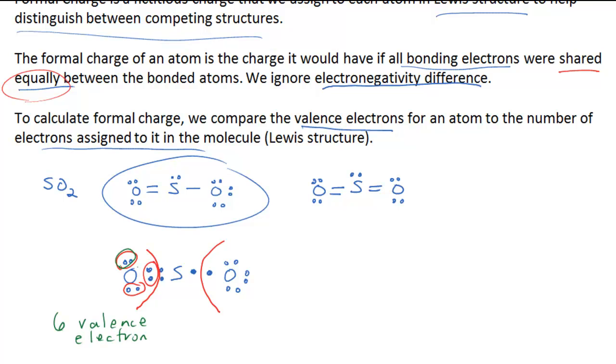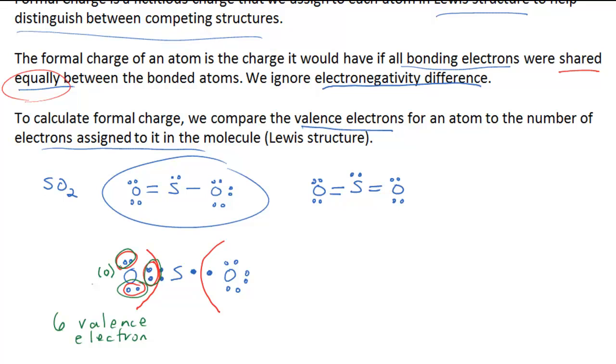We counted 6 electrons in this structure. They're the same. So the number of electrons in the structure match its normal valence. That means that oxygen has a formal charge of 0. So we're going to put the charge in parentheses to distinguish this from, say, a full charge on the molecule. This is a formal charge. Okay? So if the number of electrons assigned to the atom in the molecule matches its normal valence, then the